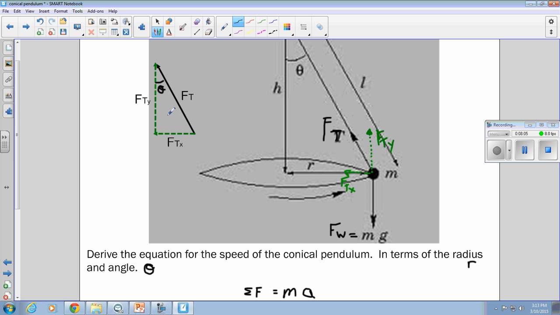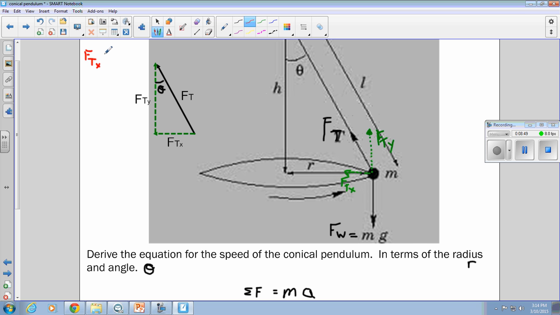So, what we have here is the same as every other time that we've broken vectors into components or vice versa, where we've taken the components and turned them into a vector. We have a triangle with an angle. Now this angle theta, the force tension is the opposite side of that angle, and the tension in the y direction is the adjacent side. And if we remember our SOHCAHTOA rules, we can see that in this case, which is a little different than what we're used to,